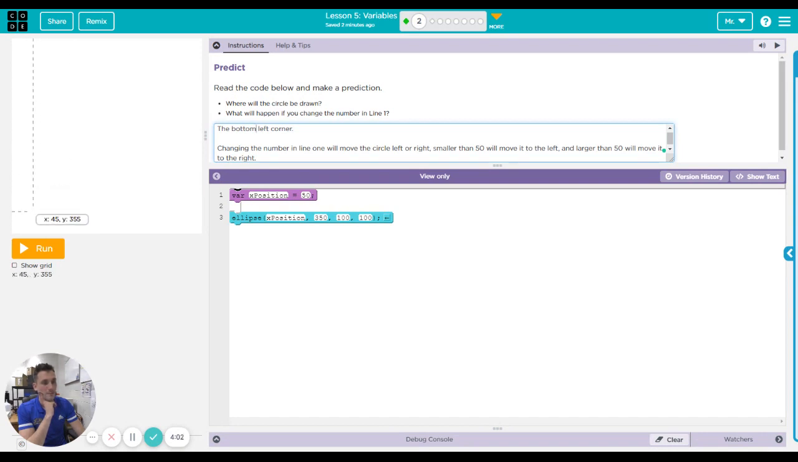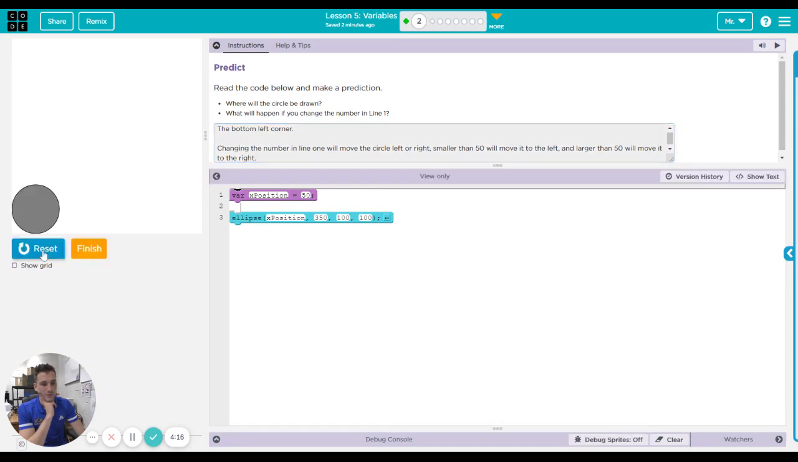So it's going to show up in the bottom left corner, and by changing the number on line 1, we're going to move the circle to the left or the right. If it's smaller than 50, it's going to move to the left. If it's larger than 50, it's going to move to the right. So if I press run, my circle's down here. If I change this to smaller than 50, say 25, it's going to move to the left. See that? Whereas if I do larger than 25,